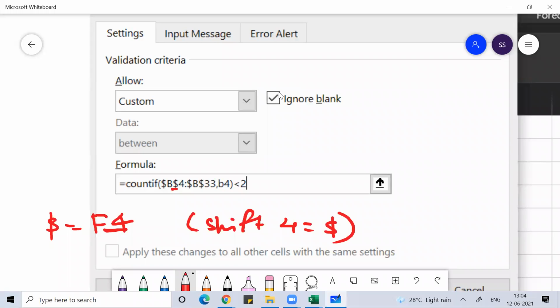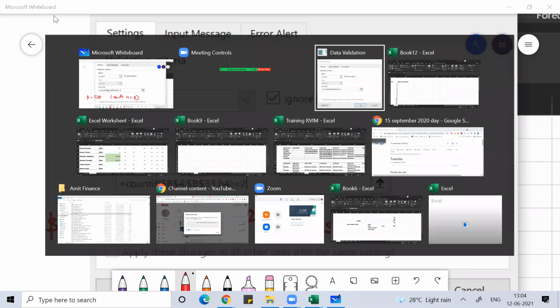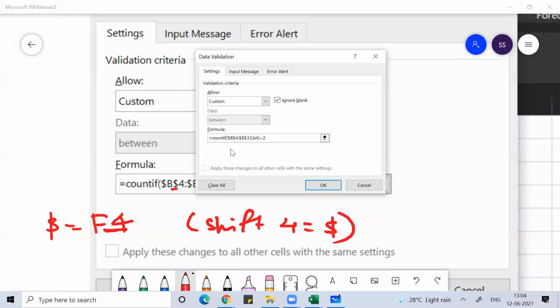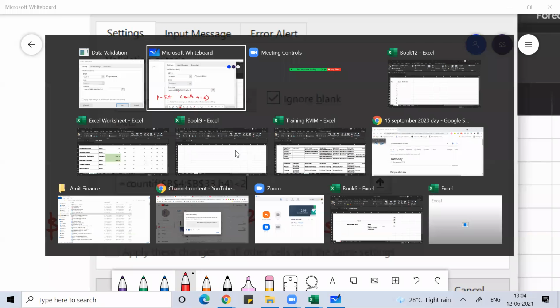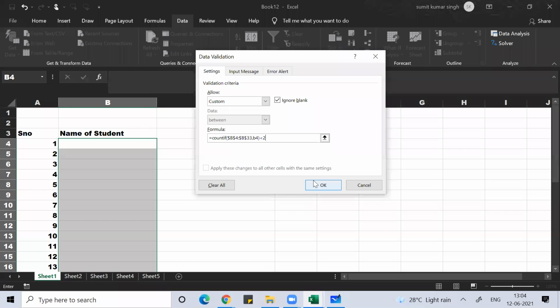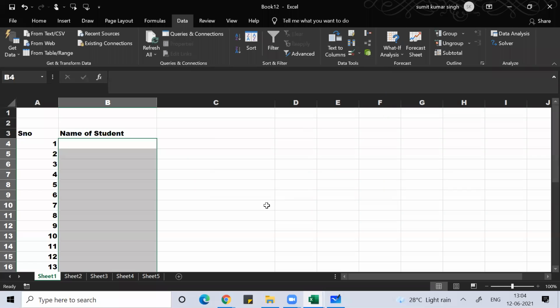And if you use this function, guys, where is that cell? Okay, press OK.